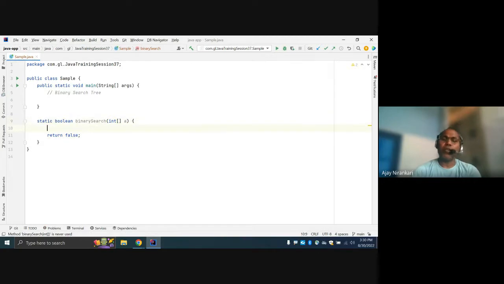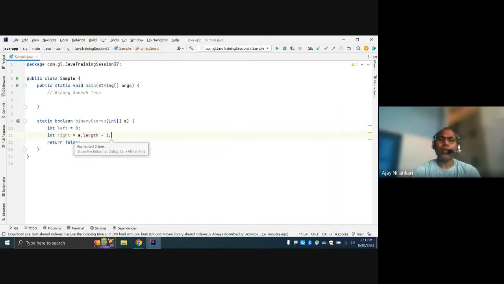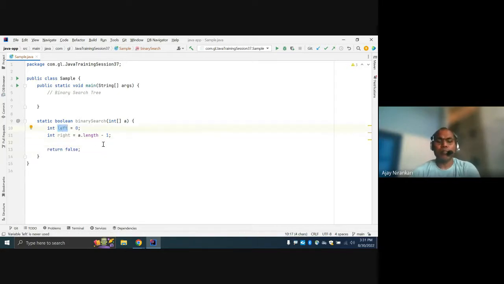So as usual, whenever you are receiving an array, that means it is a sorted array. So you can just create two variables. One is the left variable, left index, equal to 0. Let's create your right index, equal to array dot length minus 1. Correct. And what you are going to do until, let's run a while loop, while left is less than or equal to right,